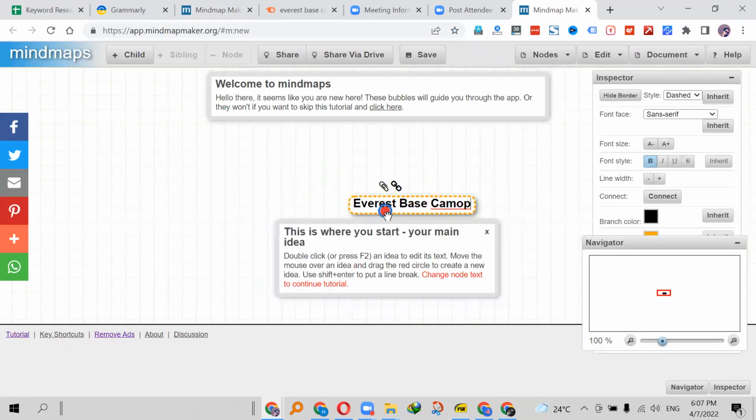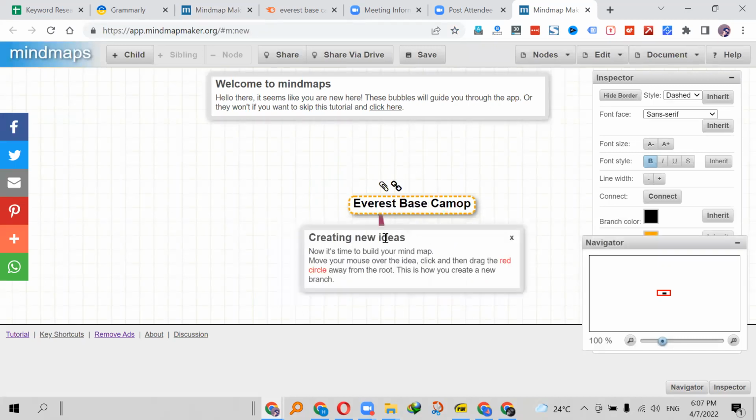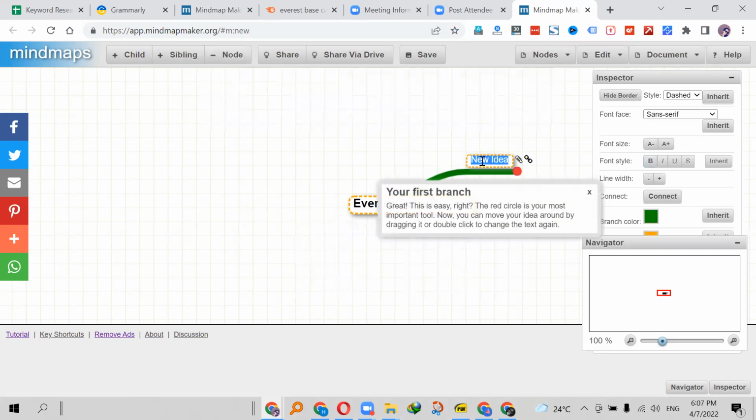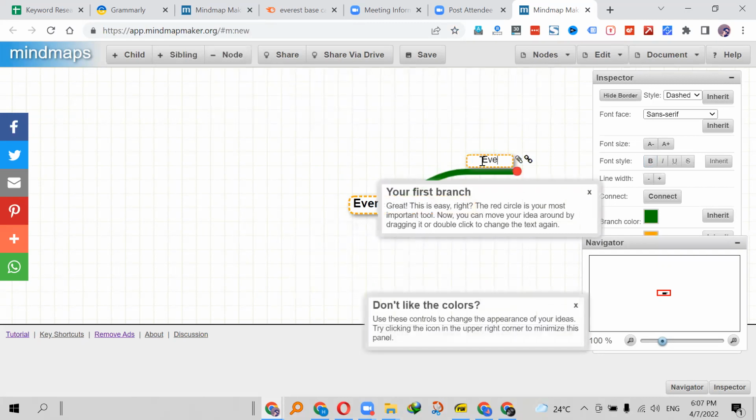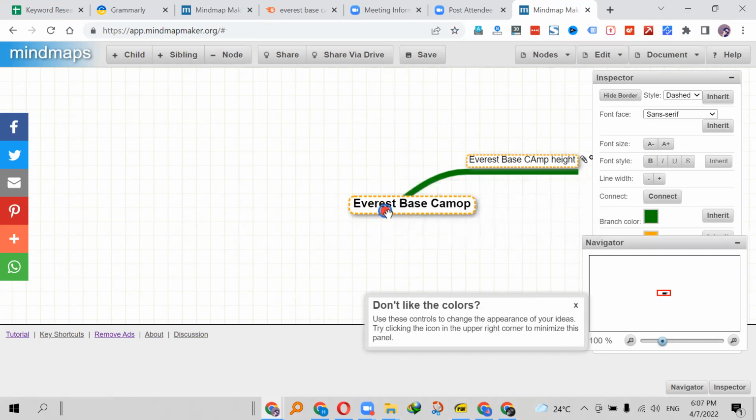So obviously I can link. I want to write about, if I am typing Everest Base Camp, Everest Base Camp height, I would mention about height, these kind of topic cluster. I can create Everest Base Camp distance, see,